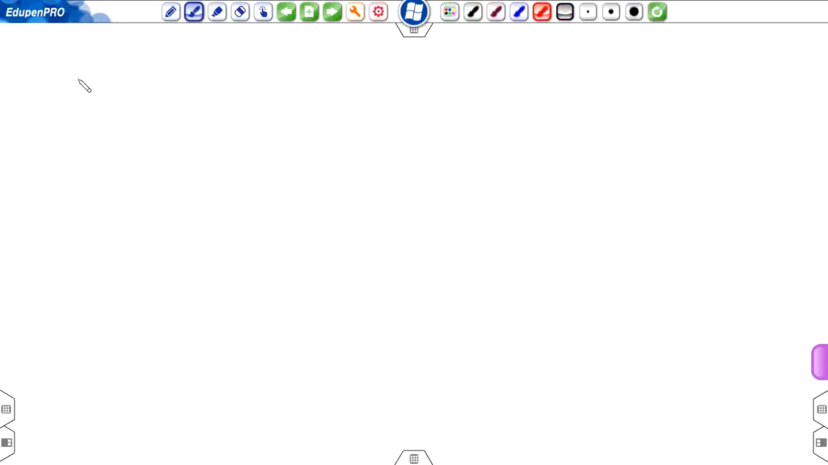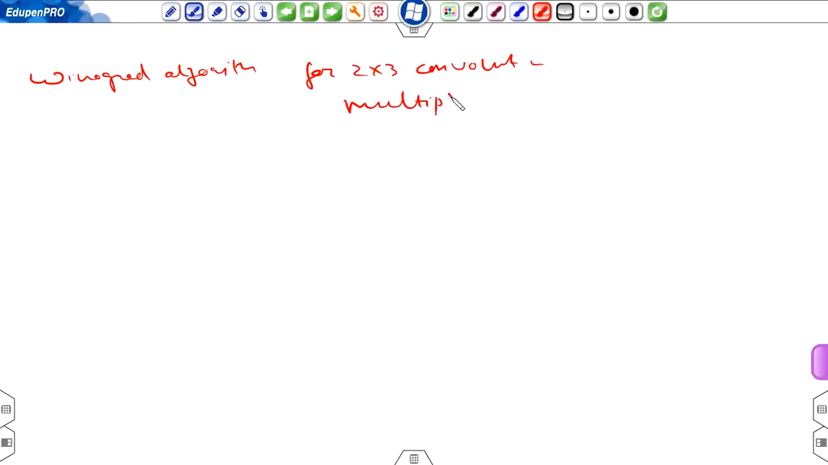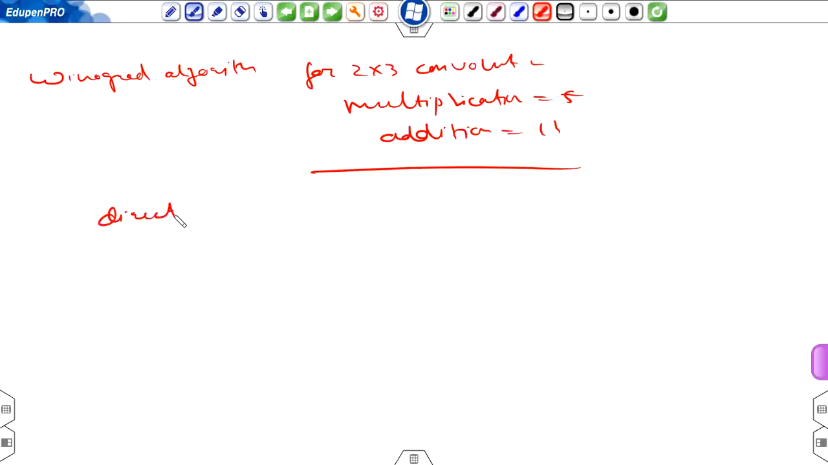So using the Winograd algorithm for 2 cross 3 convolution, the number of multiplications required are 5 and additions required are 11, whereas using direct form, multiplications required were 6 and additions required were